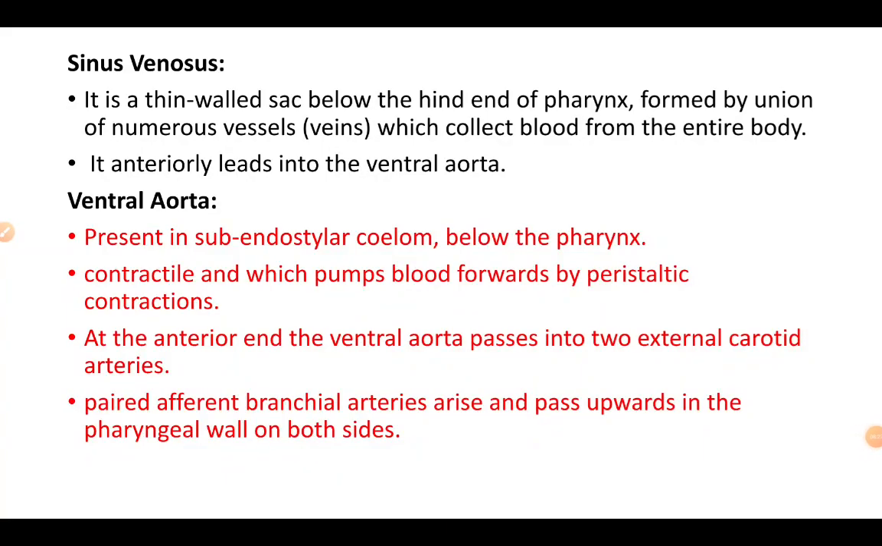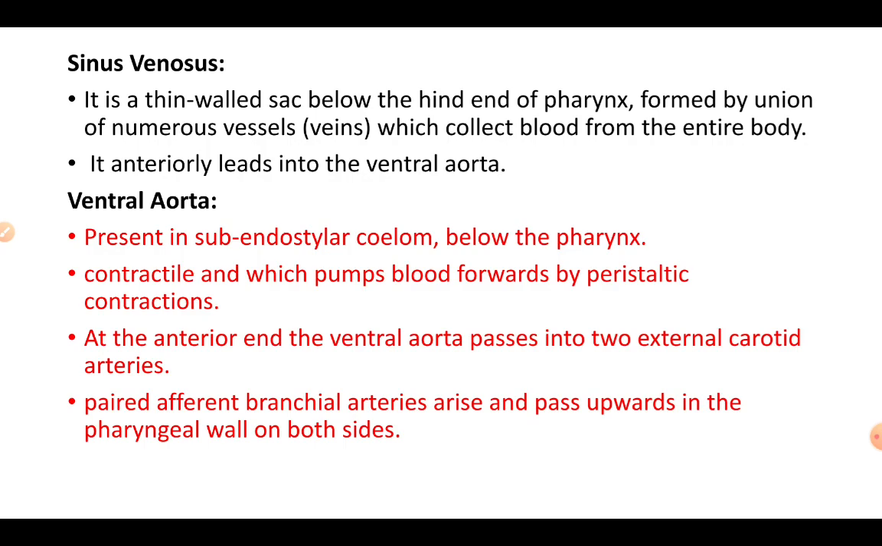So, ventral aorta, it runs mid-ventrally in the wall of the pharynx below the endostyle in the subendostylar coelom. Because of this, it is also called the subendostylar aorta, since it runs below the endostyle. Here blood flows anteriorly due to the rhythmic contraction of its muscular walls. The ventral aorta gives off a series of paired lateral afferent branchial arteries, one running through each primary gill bar